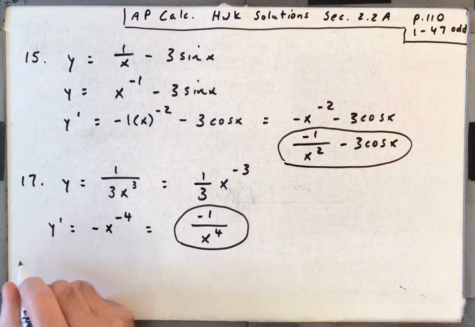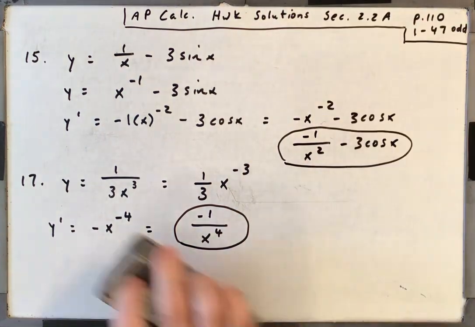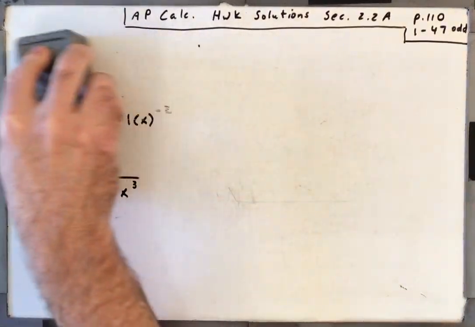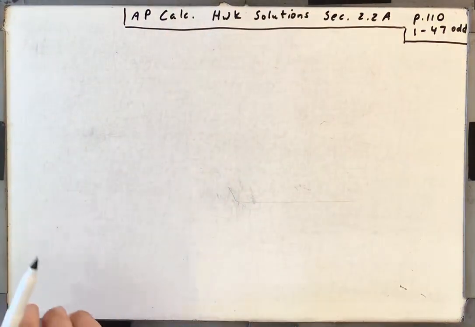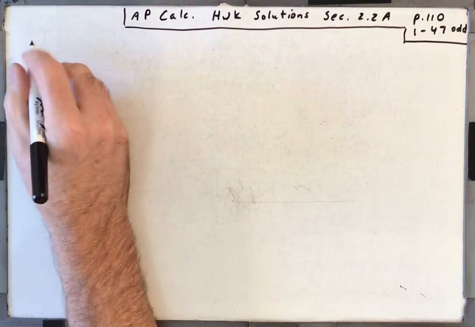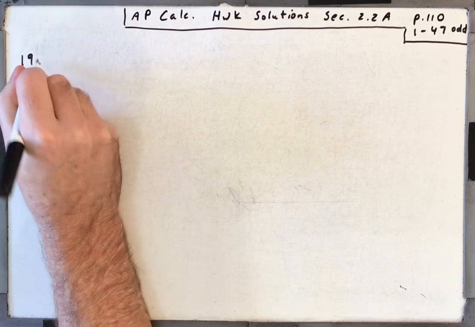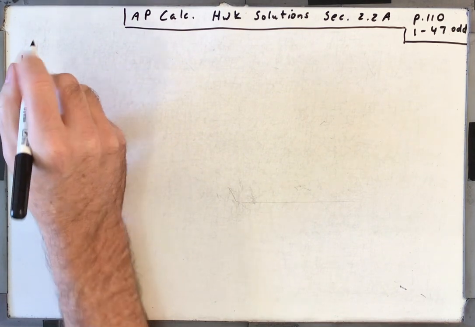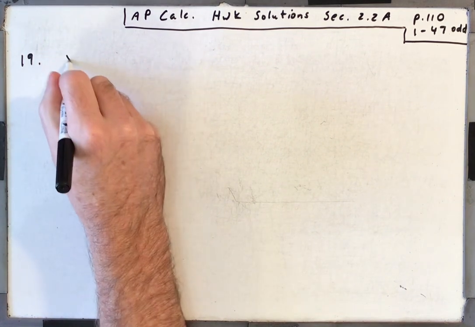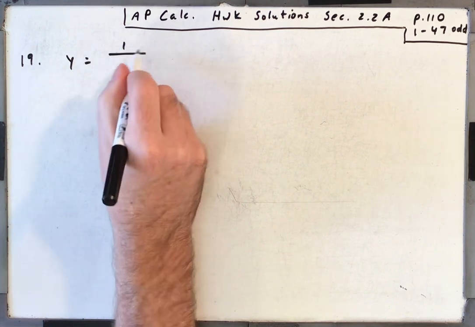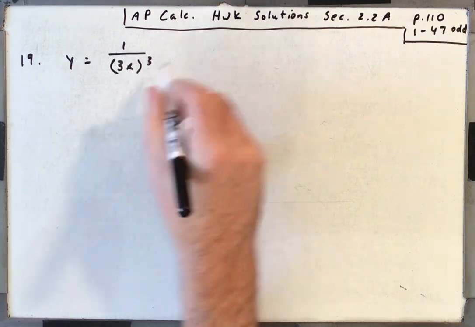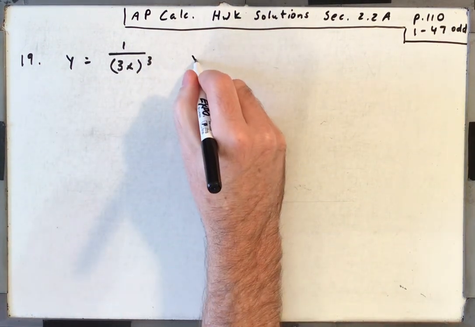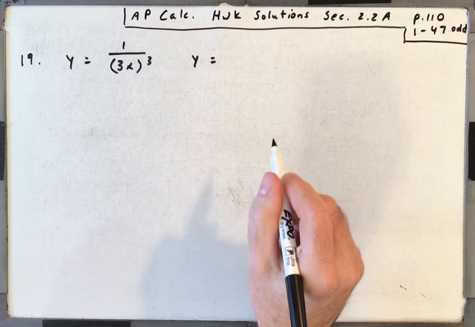All right, brilliant. Let's see, 19. I think for 19 I'm going to need a little more space. Okay, 19. So I've got y equals 1 over 3x all cubed. So you have to be a little careful with this one. To rewrite that, that's the same as